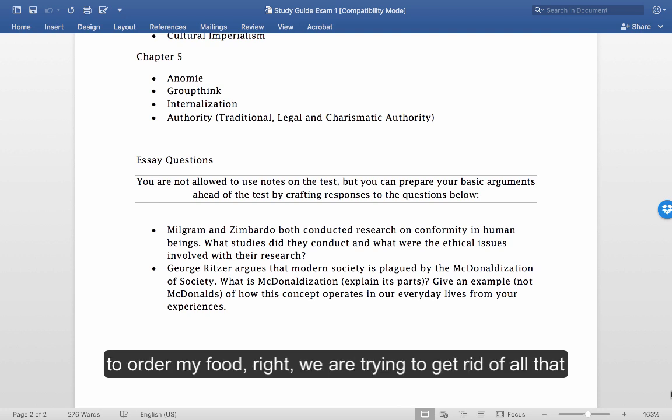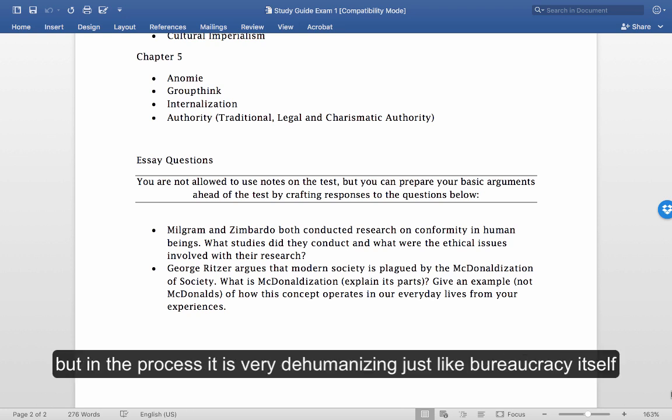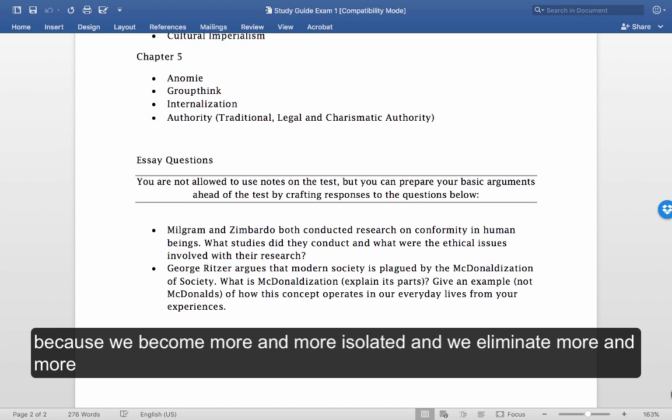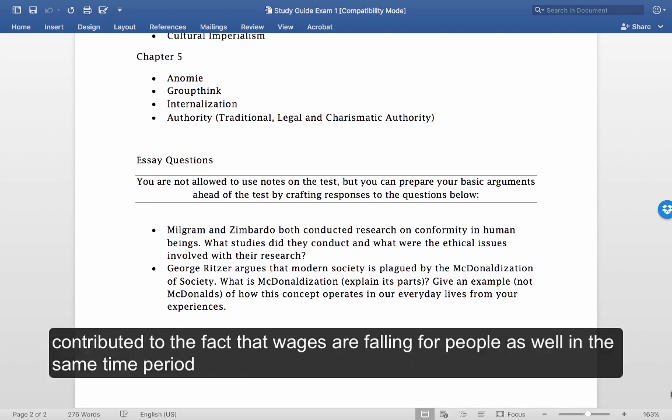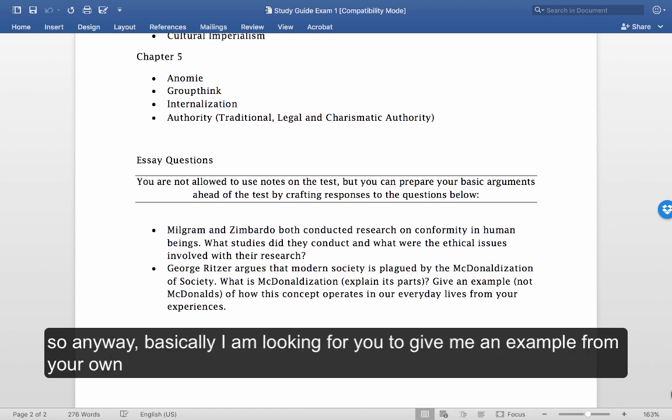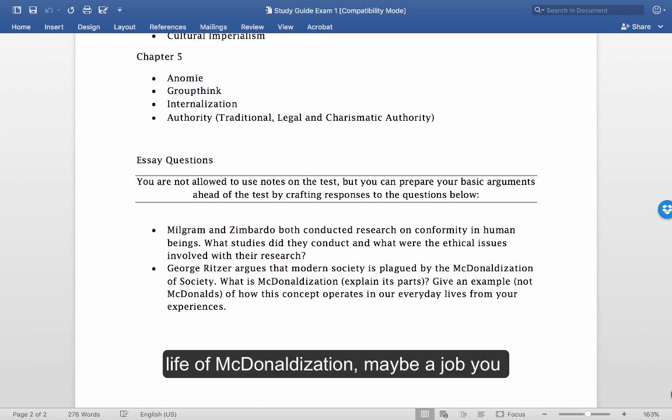We're trying to get rid of all of that, but in the process, it's very dehumanizing, just like bureaucracy itself, because we become more and more isolated, and we eliminate more and more jobs. It's definitely contributed to the fact that the wages are falling for people as well in the same time period. So anyway, basically, I'm looking for you to give me an example from your own life of McDonaldization,